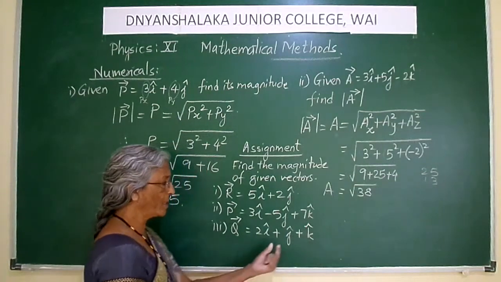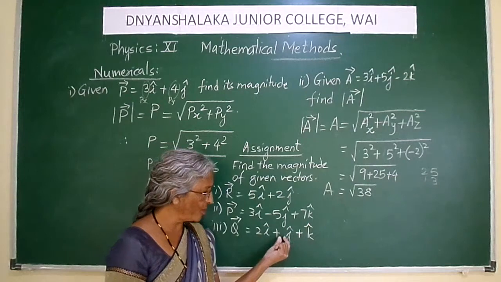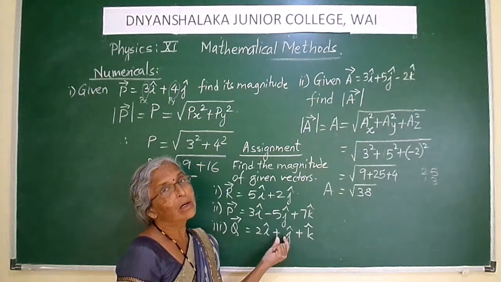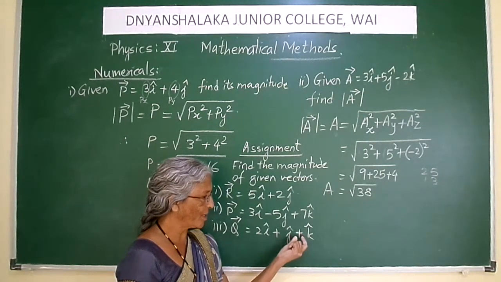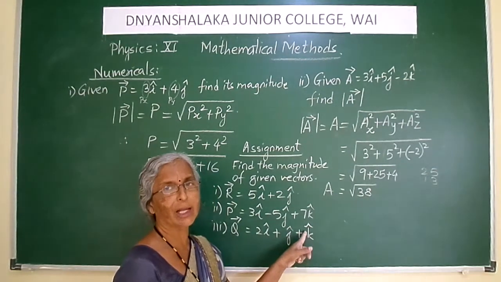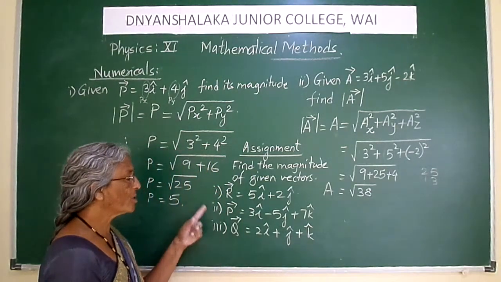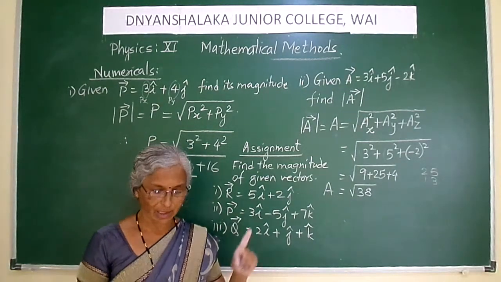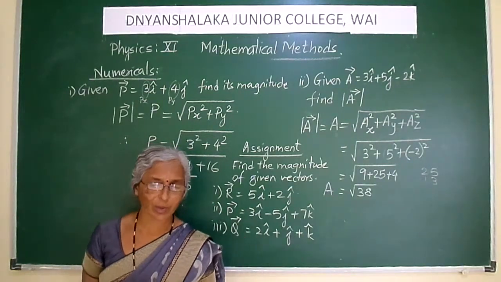Here when I am writing just simply plus j, then magnitude of this resolved component along the y-axis will be equal to 1. Here also plus 1. If it is minus k, then minus 1. So if numerical value is not given, then that magnitude is equal to 1. So I wanted to get the magnitudes of these vectors using these forms. Are you getting it? Take down these numericals and you are going to solve this. Then we will go for the next set of numericals.